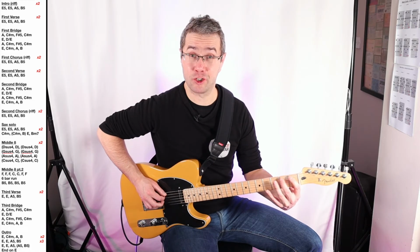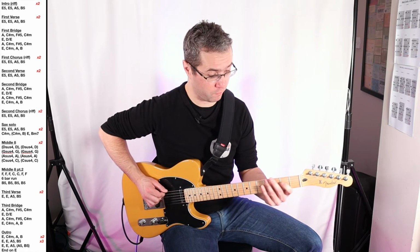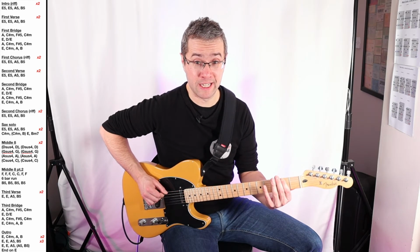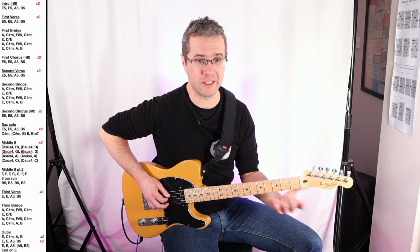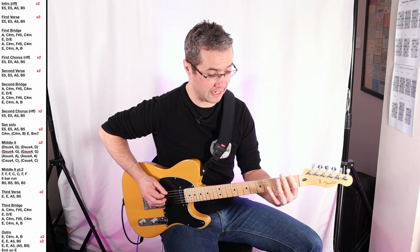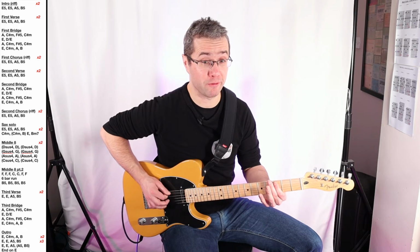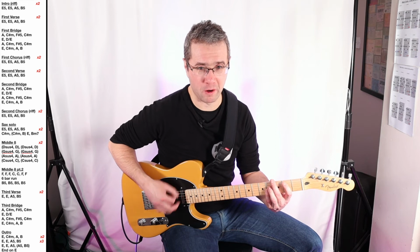And then 2, 1, 0 on the A string, 1, 2 and 3, 4, 4th fret low E, 4, 3, 2, and then 1, 0 low E, and then offbeat stuff for the rest of the next 2 bars, 1 and 2 and 1 and 2, and then 6, 5, 4, 3, 3, 3, 3, and then kind of build up if you wanted to for 4 bars on a B5, 3, 4,